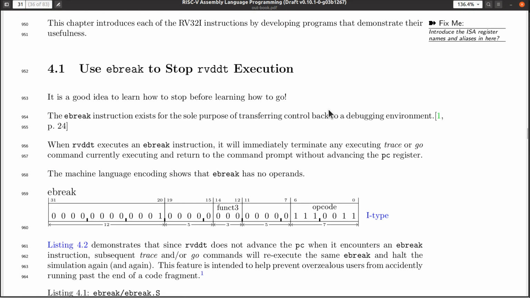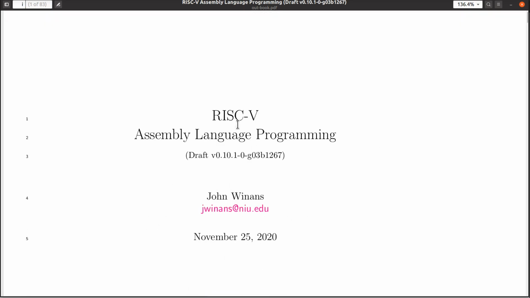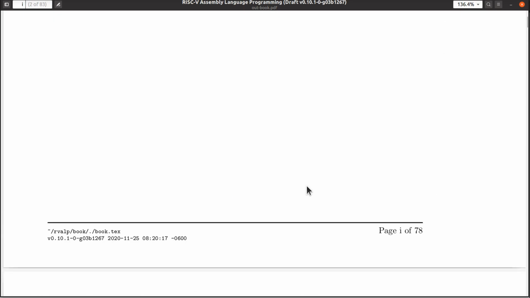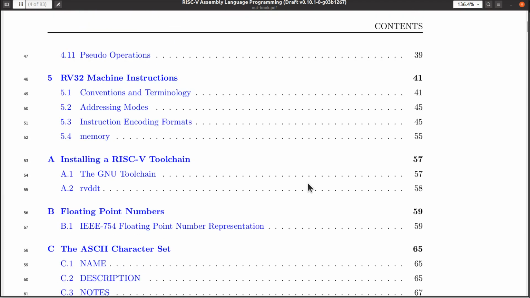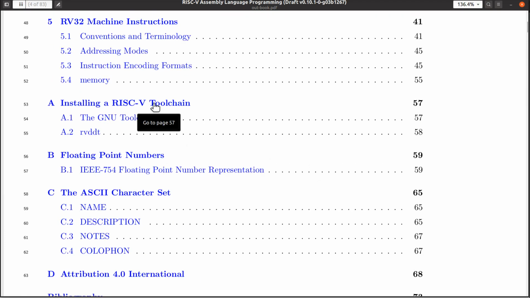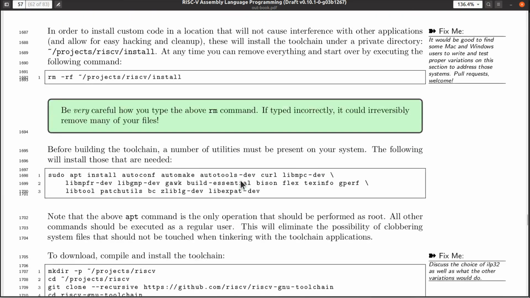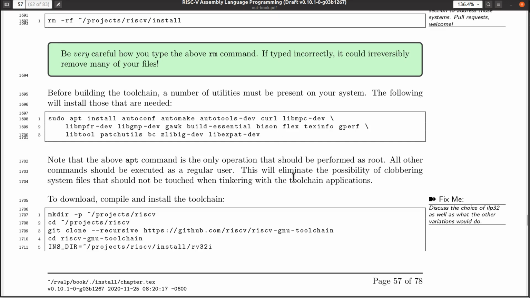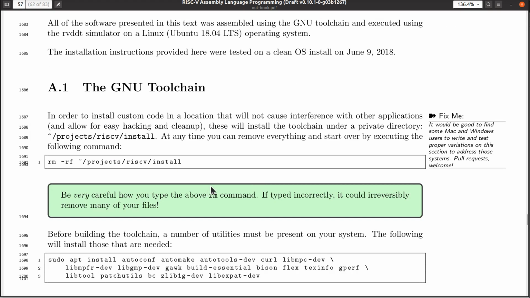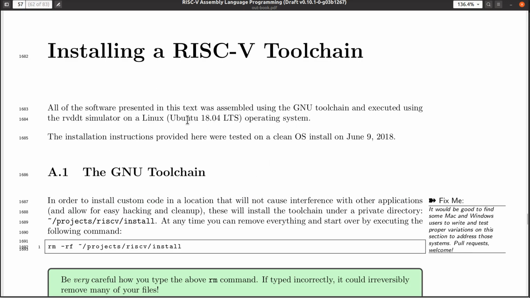The details on how to do that are in this RVAL-P document from my GitHub site, and it's in an appendix somewhere here: Installing a RISC-V toolchain. These are the exact commands. They're also on the website for this book as well as for RVDDT on how to do this. These notes I tested on Ubuntu 18.04. The system that this is recording on in this screen is Ubuntu 20.04, and Hopper and Turing are running a very modern version of